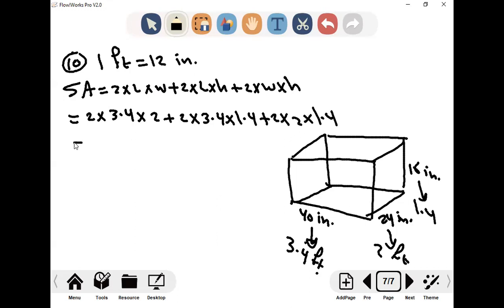Find it. Do you understand? Let's find the surface area of this box. 2 multiplied by 3.4 multiplied by 2, right? Plus 2 multiplied by 3.4 multiplied by 1.4, plus 2 multiplied by 2 multiplied by